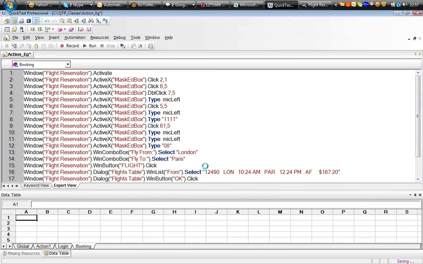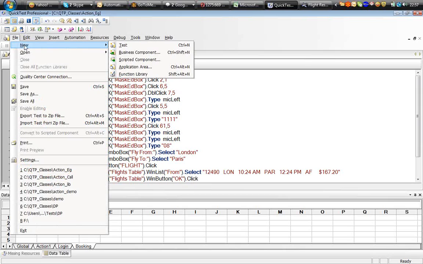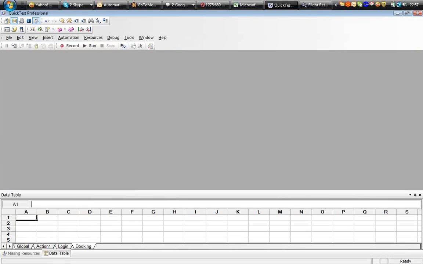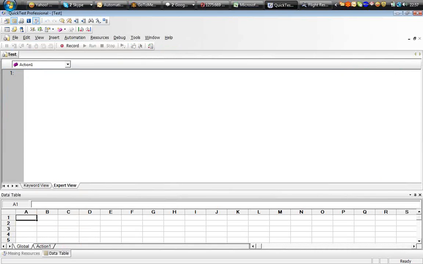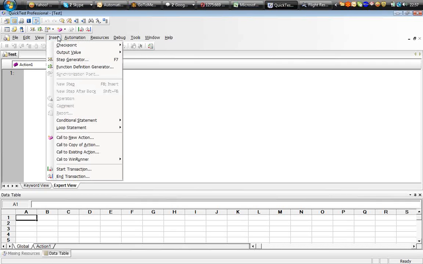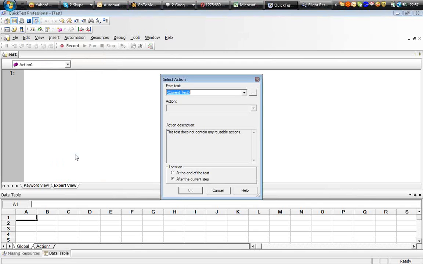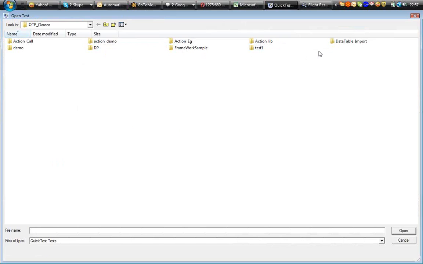Right, now what I'll do, I'll create a new test. Okay. File, new test, and I want to call a login action, and the login action was created in some other test. Right, the login action was created in the action example that we have saved. So how can I do it? Go to insert, call to an existing action, browse the path, it was action example,